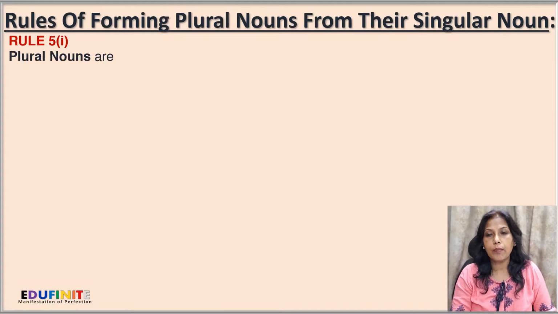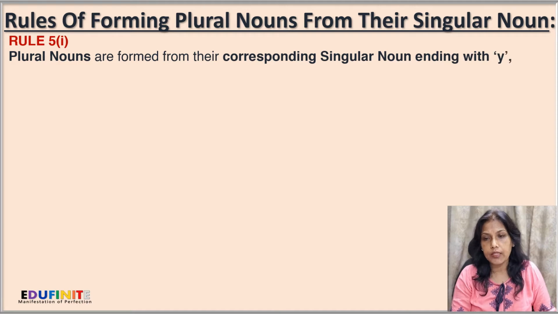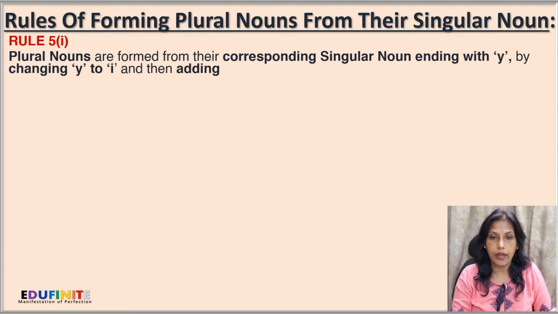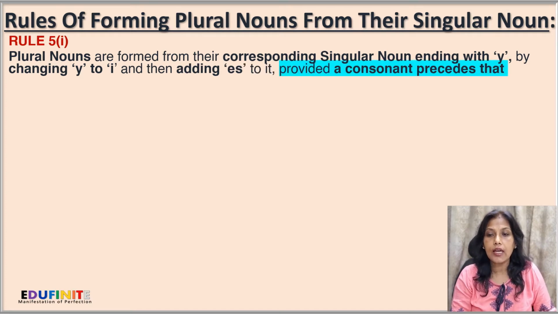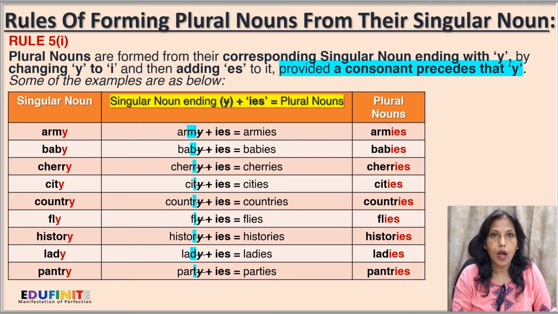Now, the rules of forming plural nouns from their singular noun. Plural nouns are formed from their corresponding singular nouns ending with Y by changing Y to I and then adding ES to it, provided a consonant precedes that Y. Some of the examples are as below. Army, which ends with Y, and before Y is M, which is a consonant. So in this case, we'll remove Y and add IES to it. So the plural noun becomes armies,